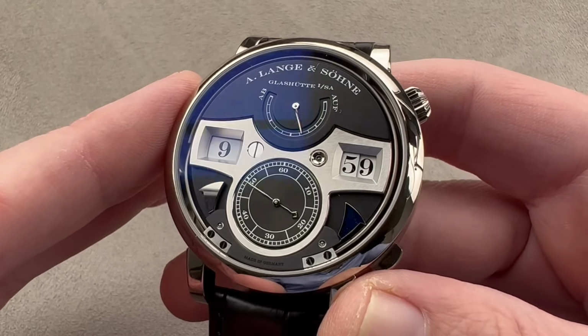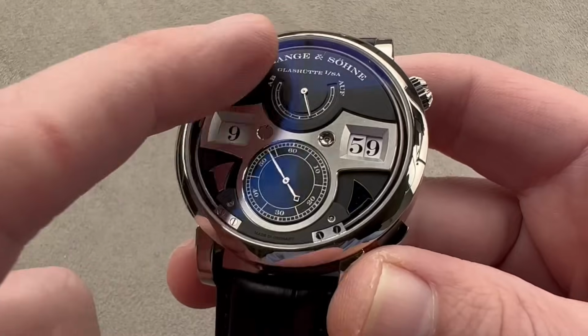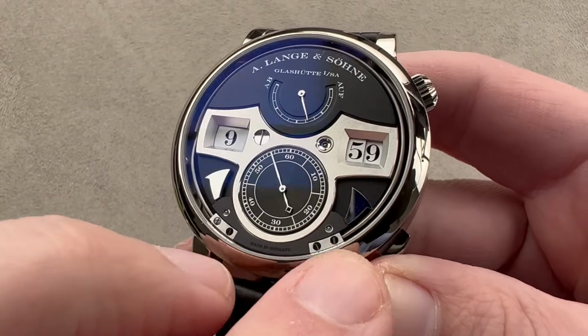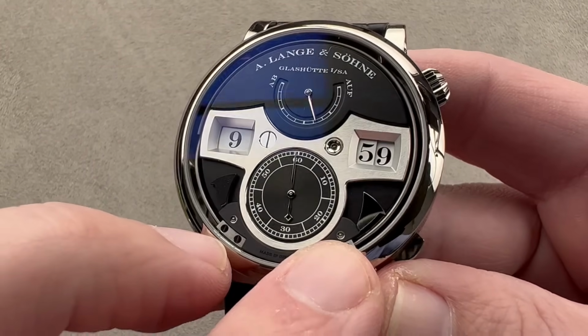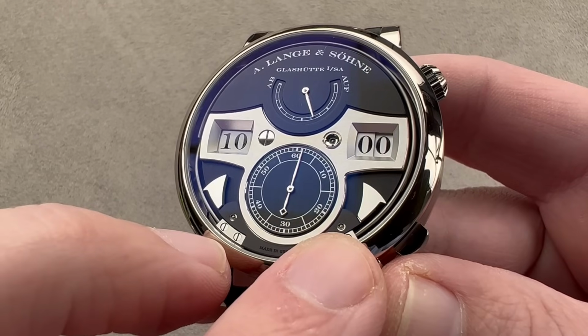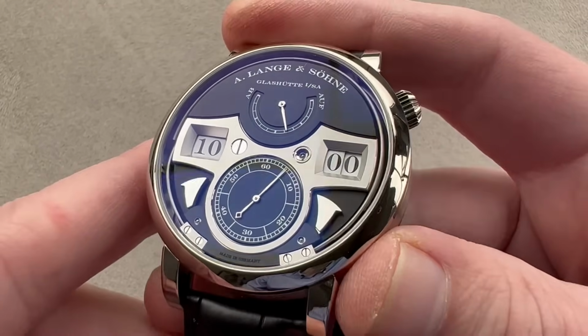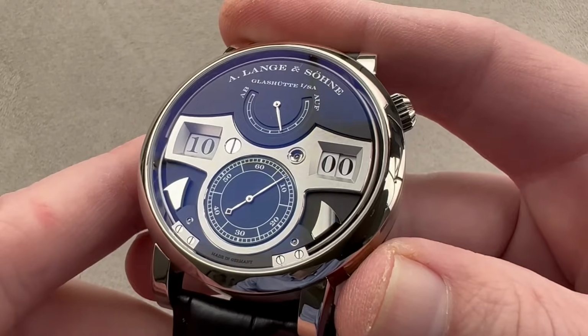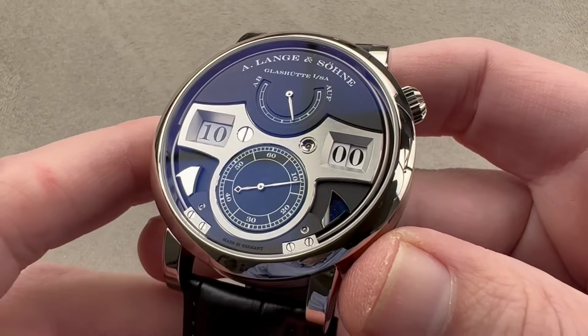The standard Zeitwerk is 42, but the extra space is put to good use with gongs that run circumferentially as well as strikers that are visible on the dial side. And I'll show you how to operate them at will. Here you get the charismatic triple jump and the strike. When you activate and deactivate the system, you can actually silence it,